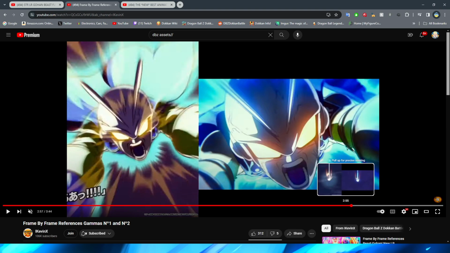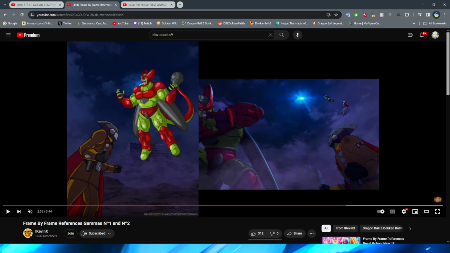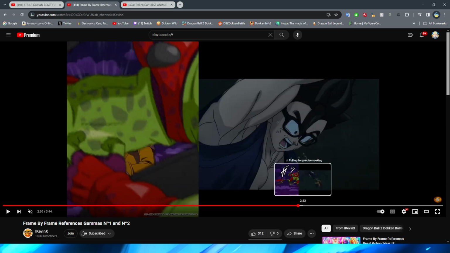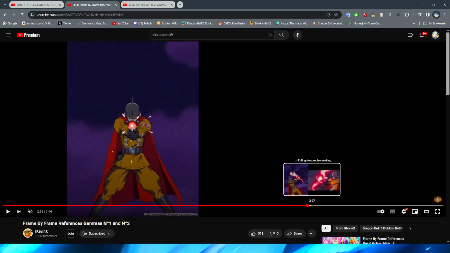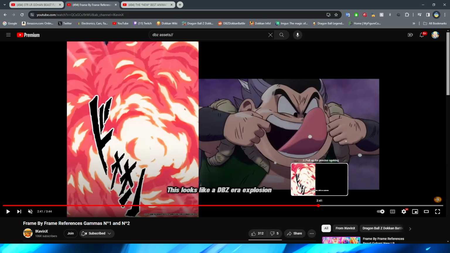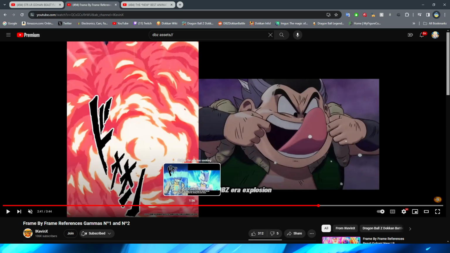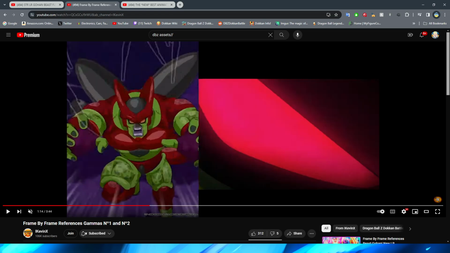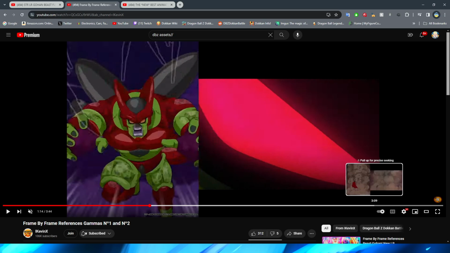Obviously, up until this point, looking at this, of course, the sky is super dark. And if we look at the rest of these animations, obviously, the sky is this purple-gray color for the entirety of the animations that the Gammas have had up until this point. So it kind of makes sense, I suppose, that the color would look like that, because obviously,